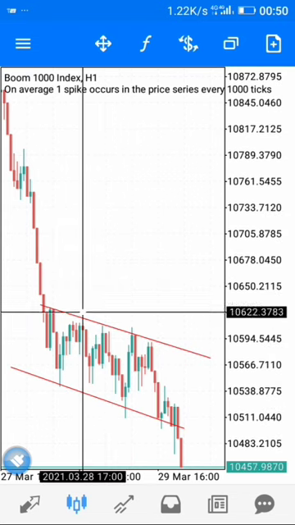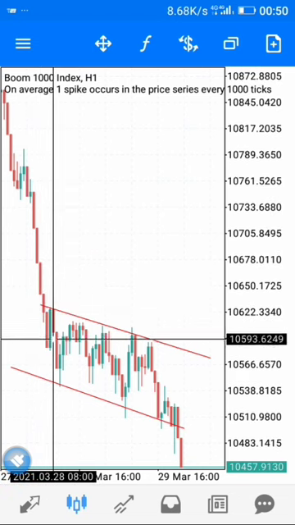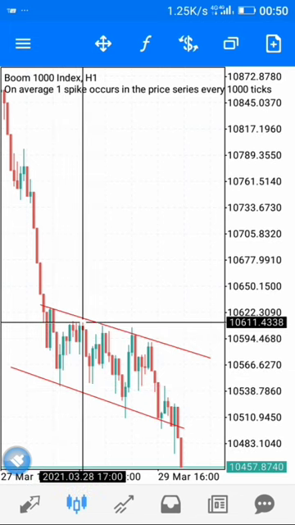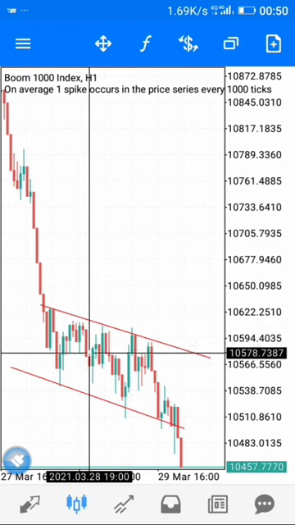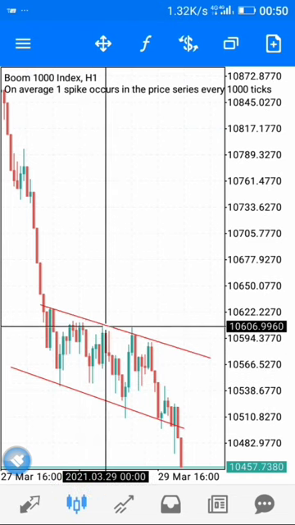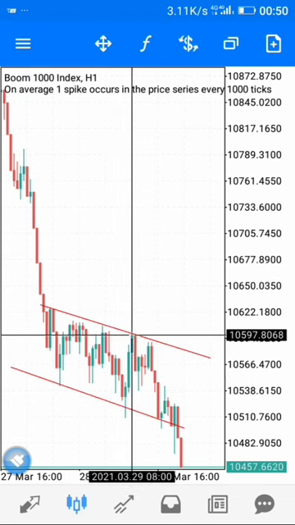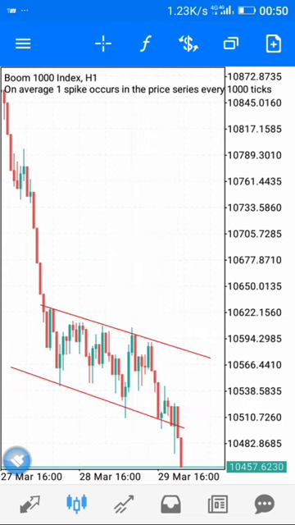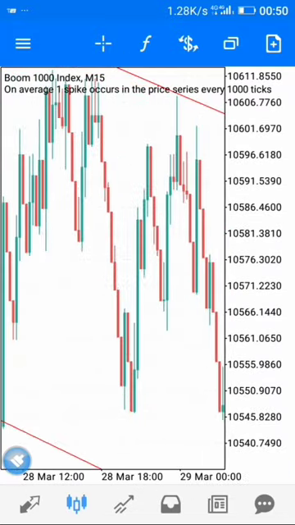But here we discover that after this long downtrend, it got to this point and then it reversed, moving upwards, and then it made a touch here on the upper, on the high. This is a high of the market around this area. Then it came down, made a touch on the low, went up, then made a touch and came down as well. Like I said, if you move to a lower time frame, this is a very big market. This is the 15 minutes time frame. Just take a look at it, guys.